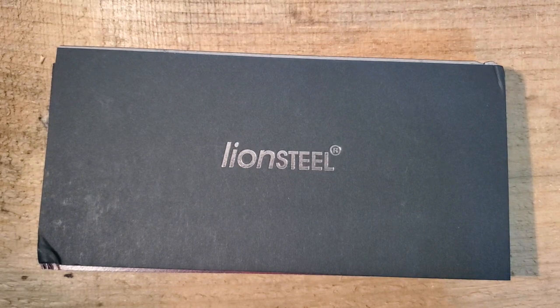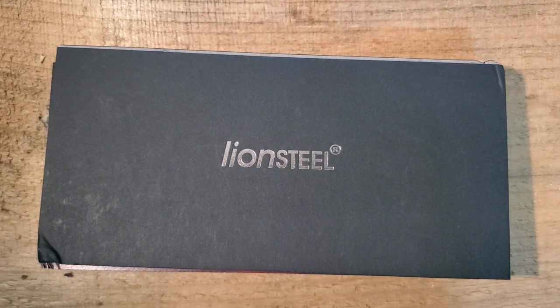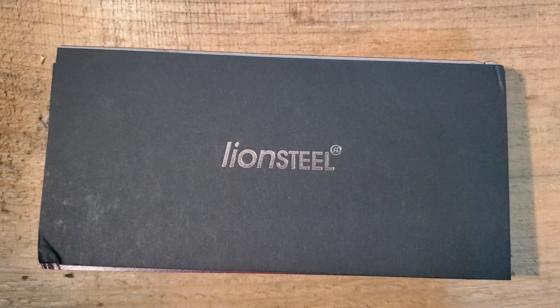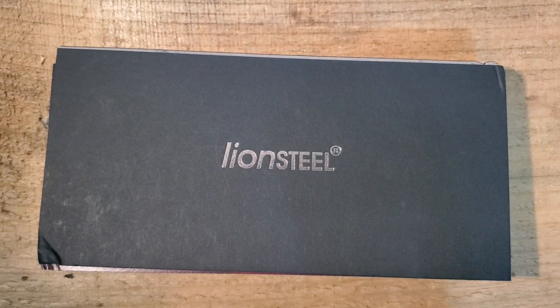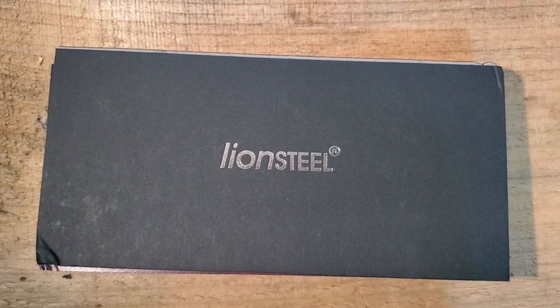Now, Lionsteel, I'm a Lionsteel fan for sure. One of my favorite knives of all time is the Lionsteel M4. I've got a Lionsteel T6 right now, which I'm really enjoying. I've got tons of Lionsteel reviews, most of them pretty positive. So when I saw this, I was intrigued, but initially I thought this is probably going to be a pass